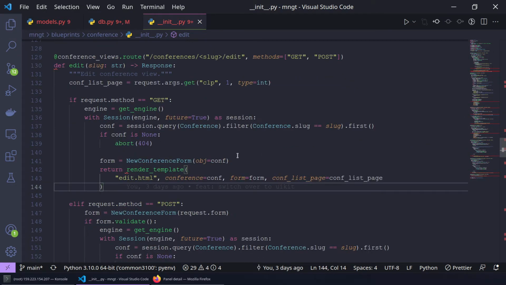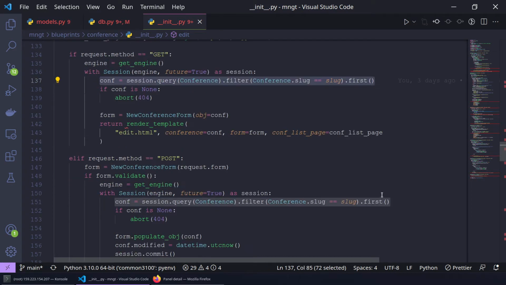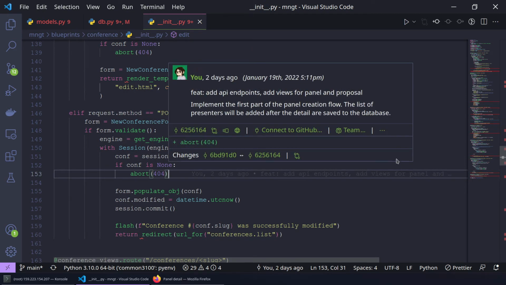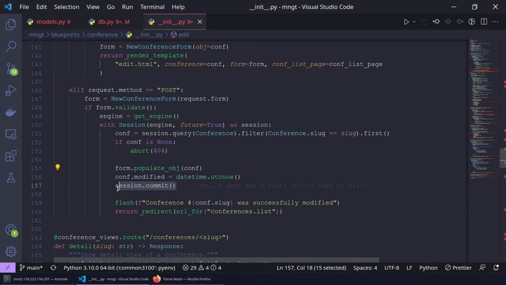So what we have to do is just define a form, and then when the user modifies the form and clicks save, it gets sent back to the backend system, and then the backend just gets the existing object from the table, and then it just tells the form to populate the change into the table, and then we commit the change